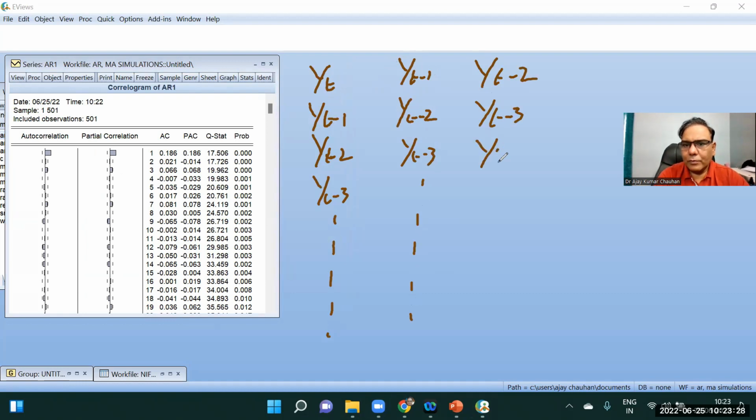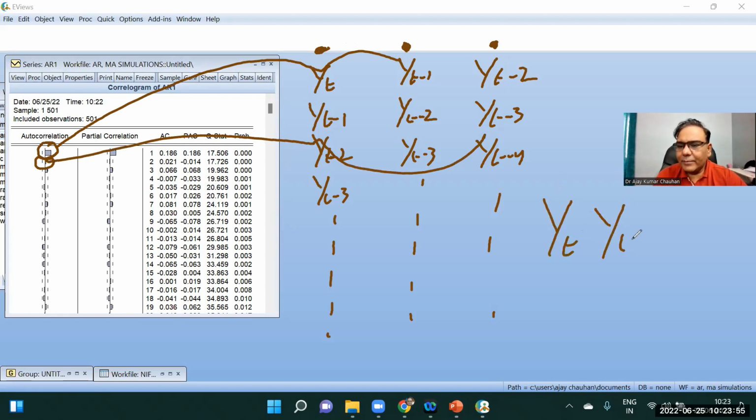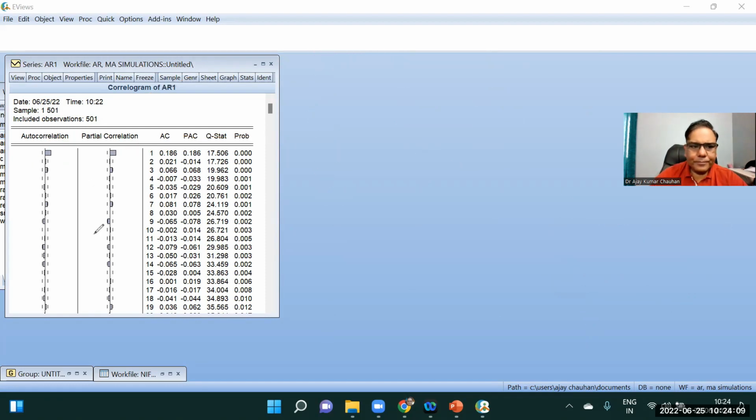Okay, so if you calculate the correlation between the original series and the lag 1 series, and this is the lag 2 series, this correlation represents the correlation between this and this. This second correlation represents the correlation between this and this. So the correlation between yt and yt minus 1 is the correlation at lag 1. The correlation between yt and yt minus 2 is the correlation at lag 2, and so on. So if you see this series, only one spike is found to be significant